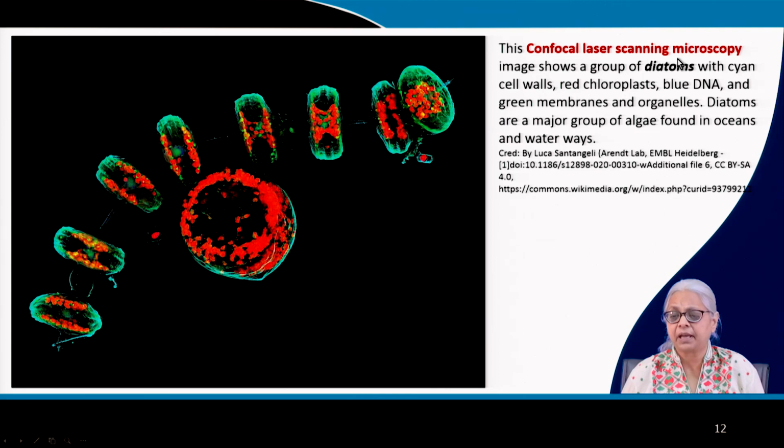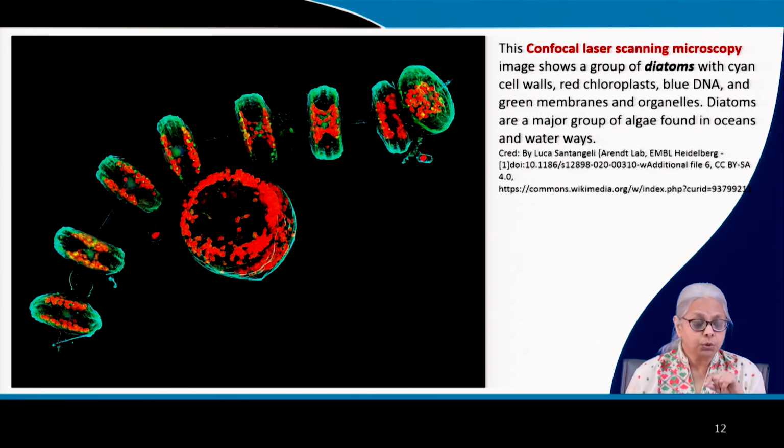So here we have diatoms. These diatoms have different organelles. So we have the cell wall. The cell wall is cyan colored. So cyan is a bright blue. So this fluorescent blue is the cyan color, and that is the cell wall. The red color is